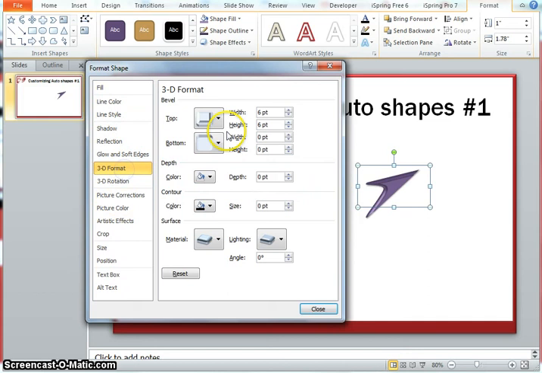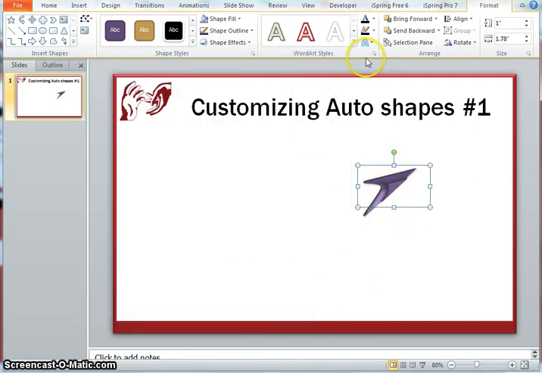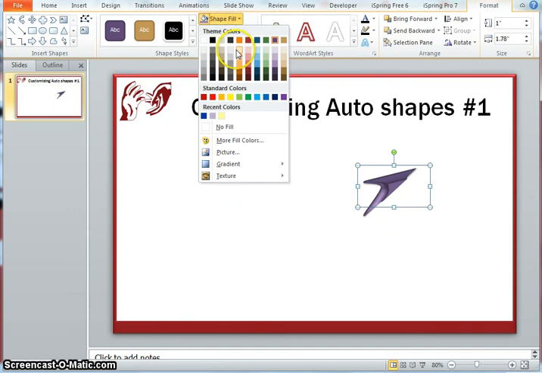Then I go to 3D format and play around a little more. Now you can see that there is a slight rise in the bevel here as I increase. Similarly, there is a depth, so the height of the bevel is also changed, and my basic arrow has absolutely changed in its whole appearance, if I can say the word.